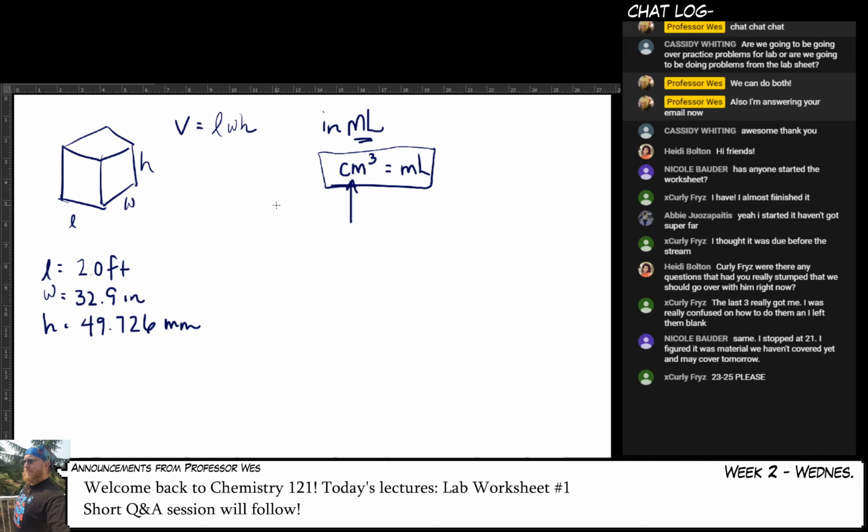In order to find the volume of this cube, I've got to multiply all these things together. But if I were to multiply something in feet, times something in inches, times something in millimeters, I would not get cubic centimeters as my unit. I would end up getting whatever feet, inches, millimeters is, which is just some bizarre, bogus unit that nobody wants. So instead of doing that, what we want to do